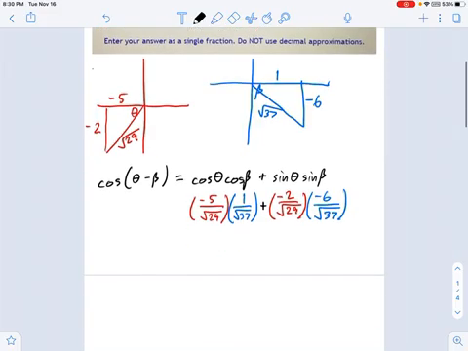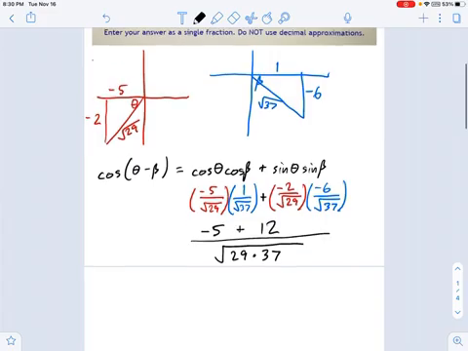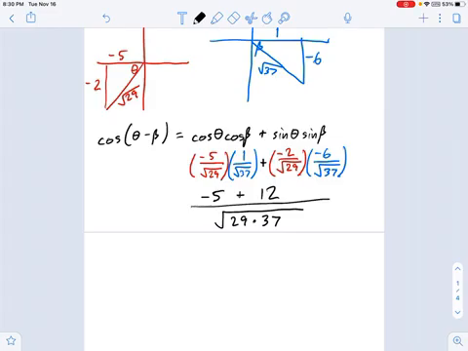So sort that all out, and what do we get? Well, on bottom, we have this really ugly denominator, which is 29 times 37 in a square root. We'll need to sort that out. Maybe. Maybe not. -5 times 1 is -5. -2 times -6 is just 12. So I can call this, what is this? Just 7 over... Can we simplify that? Let's see. No, we can't simplify that. That's just going to be